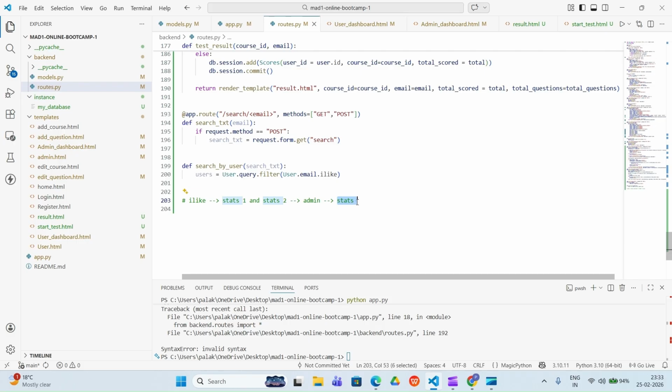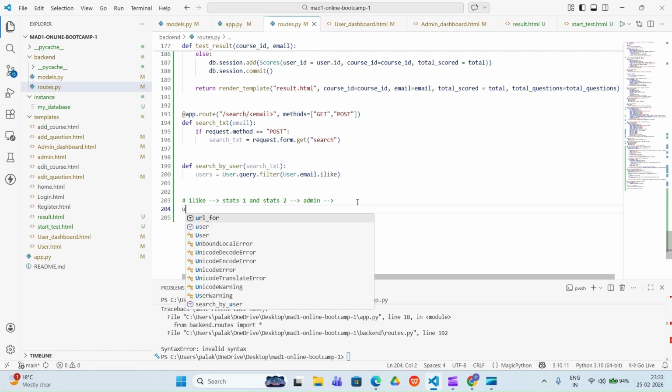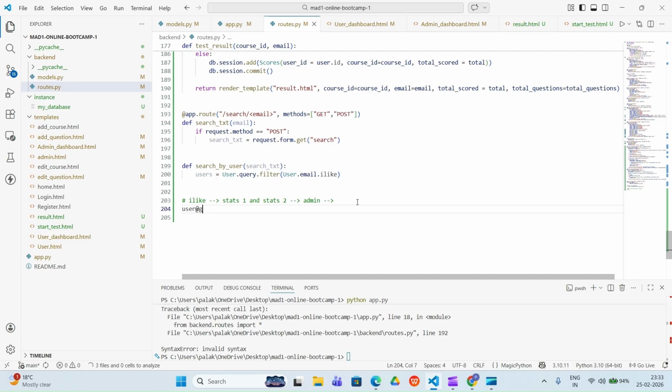And let's just comment it out again. Let's say we have some users here. Firstly let me write the user, and then after we'll give. Let's say we have user at gmail.com. Then we have another user, let's say user123 at gmail.com. Then we have another user, let's say admin user at gmail.com.